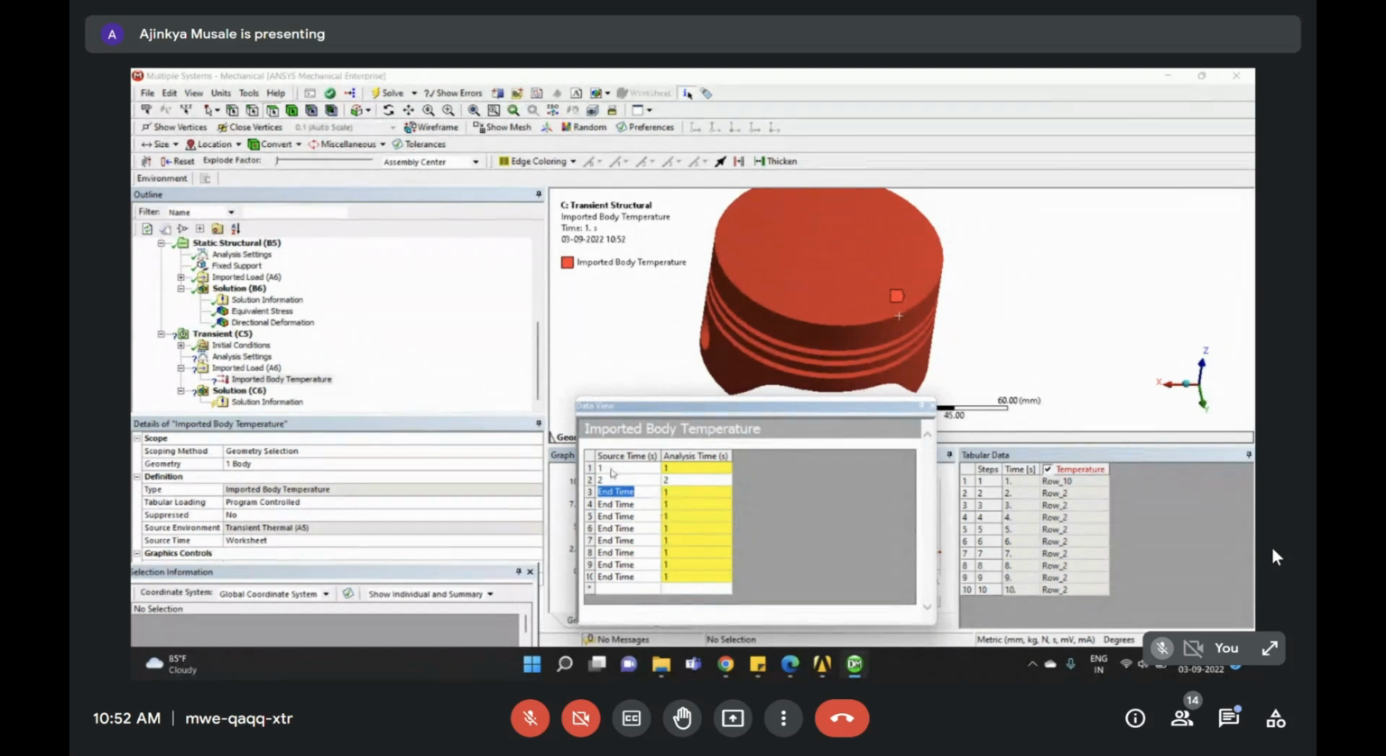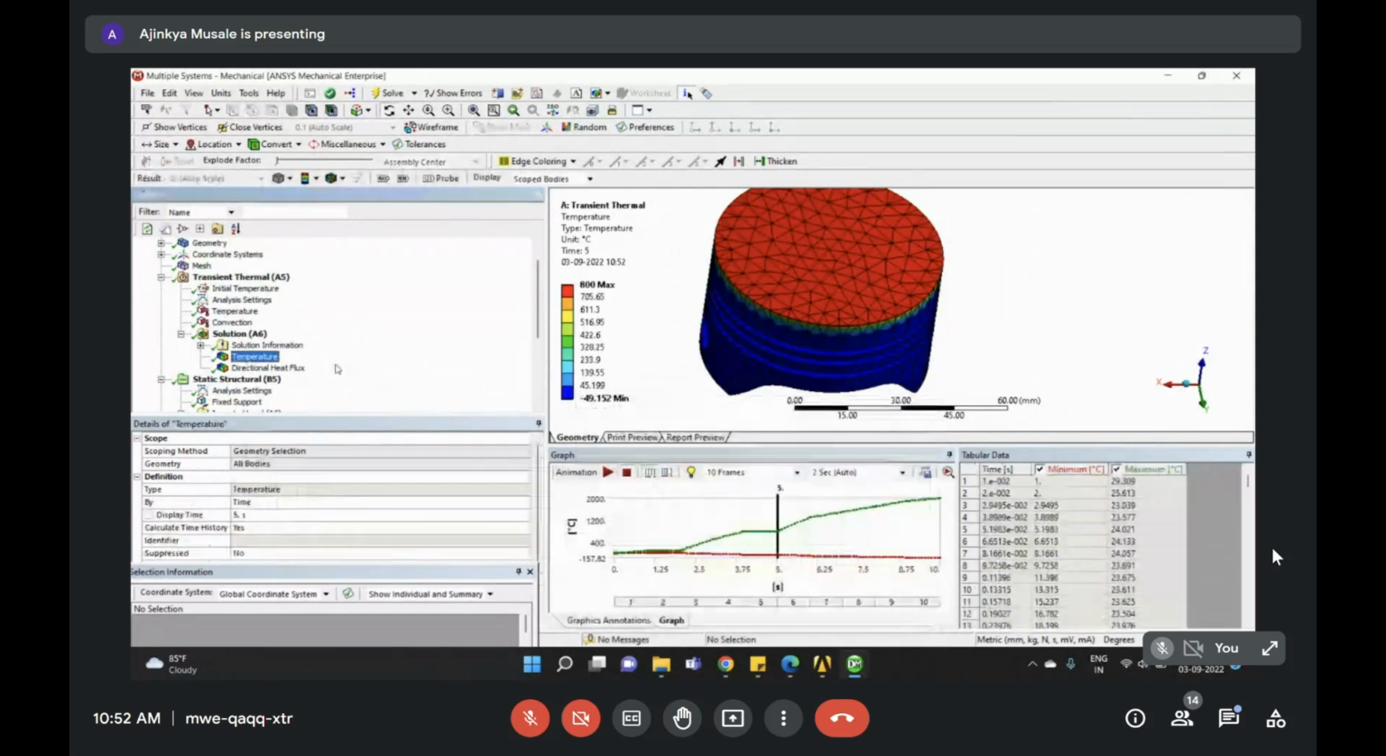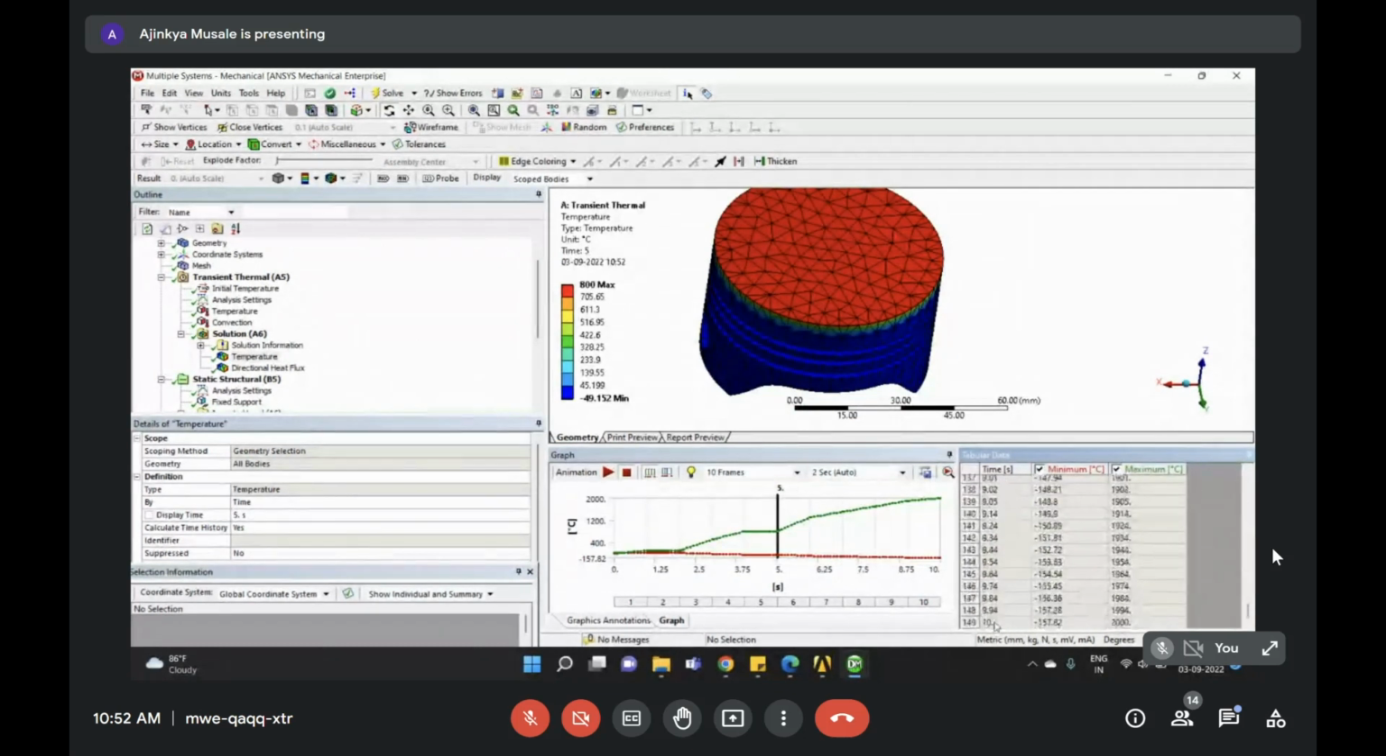Source time is nothing but the time, maybe from here. So this is nothing but my source time. It has started from 1, and it may be from here. So 1 second to 10 second up to here. So what I'm doing over here,